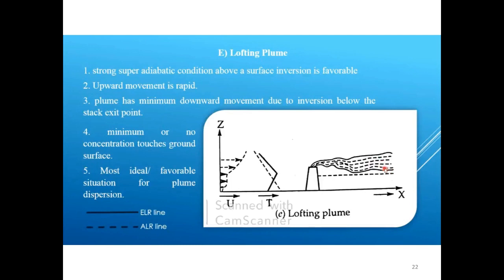And due to the presence of super adiabatic condition above the inversion layer, there will be huge mixing and dispersion of air pollutant in the environment, and that's why this kind of plume, the lofting plume, is always recommended, or you can say the most favorable or ideal situation for air pollutant dispersion, because in this case the mixing is higher above the inversion layer, and that's why minimum ground level concentration of air pollutant will occur. Okay,